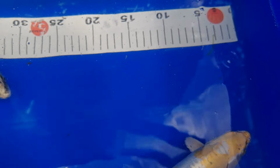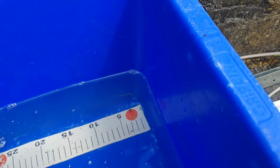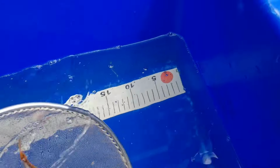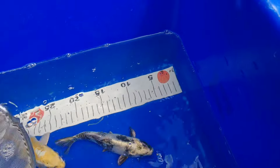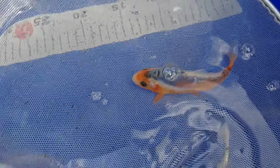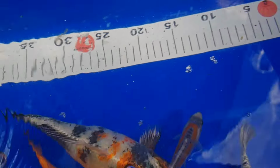What we got left in it? Oh yeah, we got the... Now, I'm not usually a Shisui fan, but... Oh, okay. And you come up that end. Let's see. Come up this end, I can get you both. One. Okay, maybe not. Alright, we're doing one at a time. I'm not really a Shisui fan, but that is gorgeous. Beautiful white defining line down the middle. That is absolutely stunning. And then you've got its counterpart,